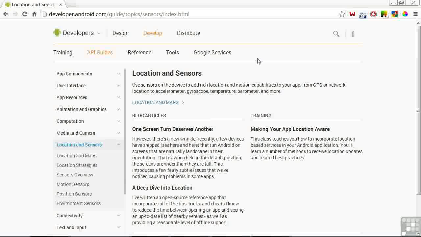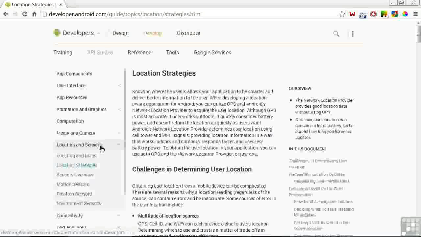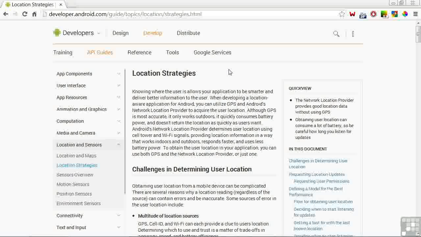Let's first take a look at how you determine a device's location. There's a good page on the developer's website about this, the Locations Strategies page. In developing location-aware applications, you can utilize GPS, the Global Positioning System, and Android's network location providers to acquire the device location. GPS is the most accurate. However, it has some negatives. It only works outdoors, it consumes a lot of battery power, and sometimes doesn't return the location as quickly as